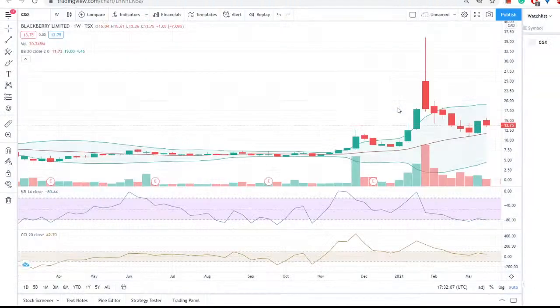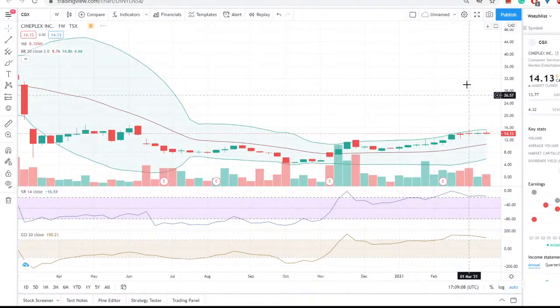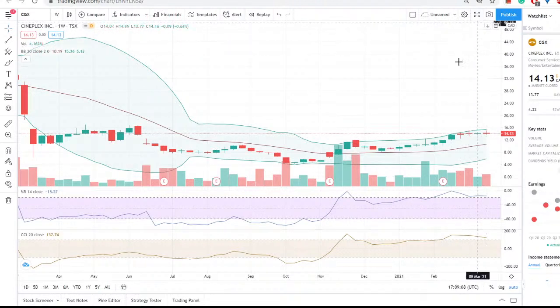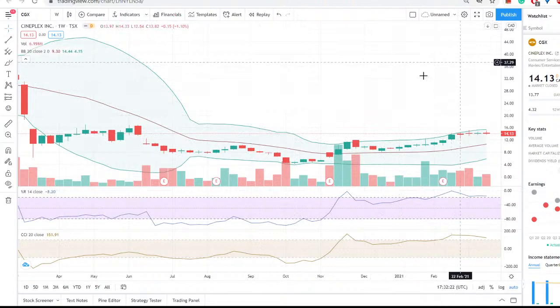So CGX. Let me know if someone is trying to draw something here. I can see something on the screen. I don't see it. Just remove the annotation, it will disappear. No, it's not. Okay,